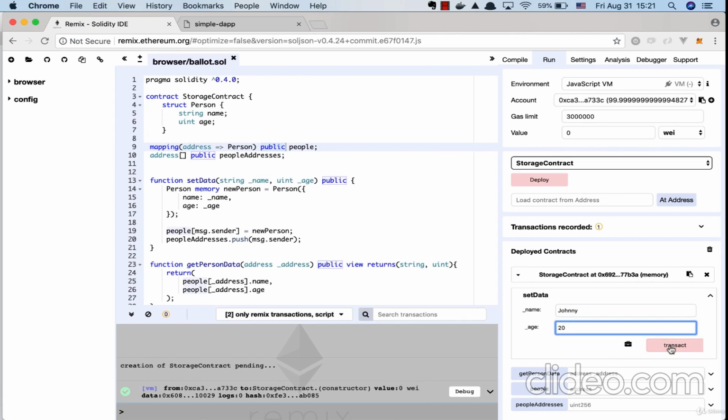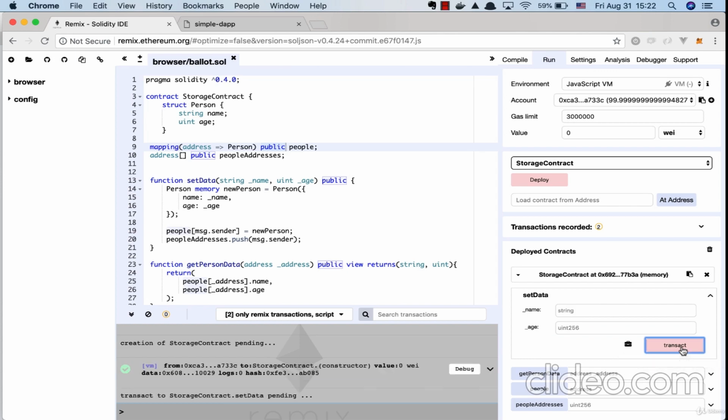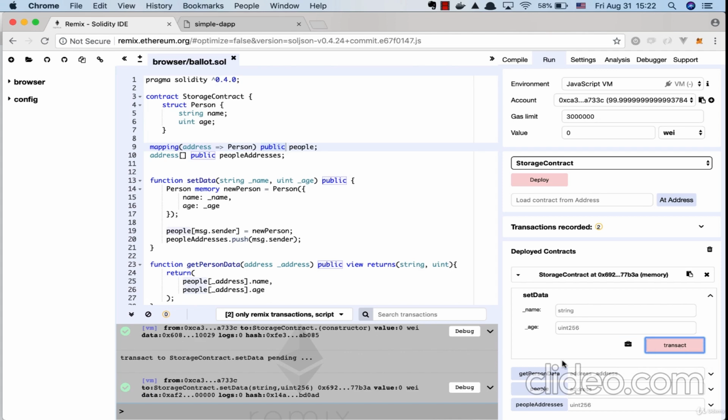We need to hit transact, which says the function is not payable. That means that we are going to pay only gas for it, and we are not required to send any other value. So okay, I'm going to hit transact, and as you can see,